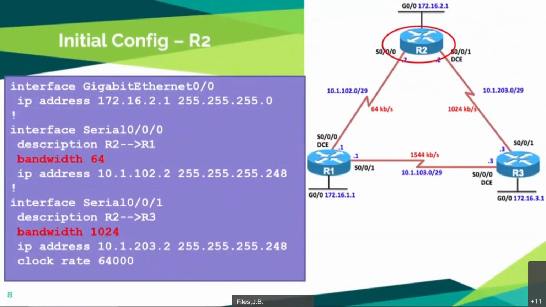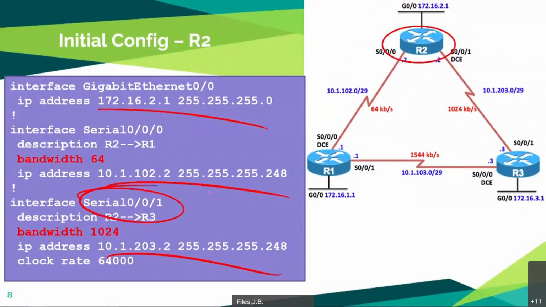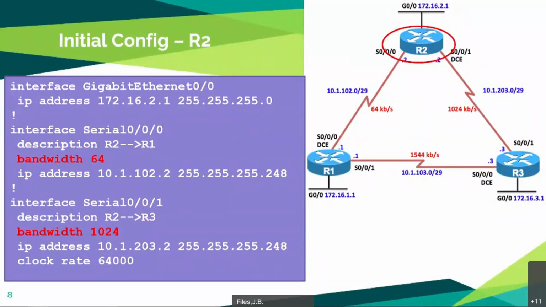All right, so here's our initial config. So we've got 3 interfaces that we're going to configure. So we've got IP addresses. Okay. And then on serial 001, we're setting a clock rate because that's the DCE side of things. And then notice we're setting the bandwidth,